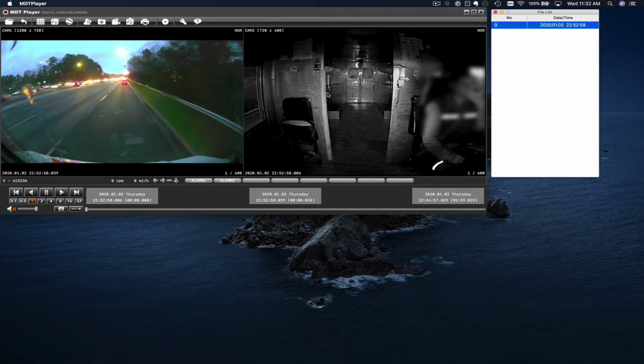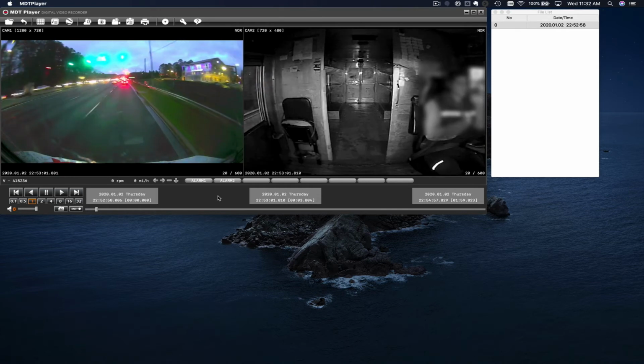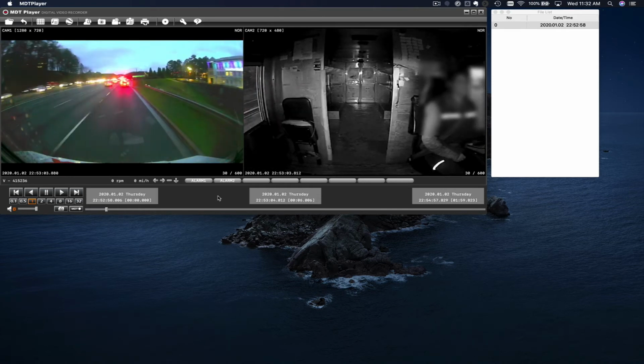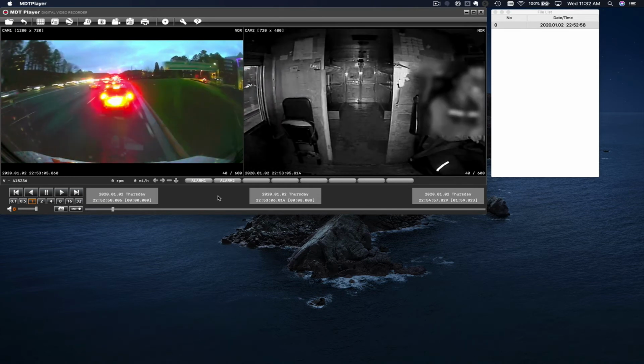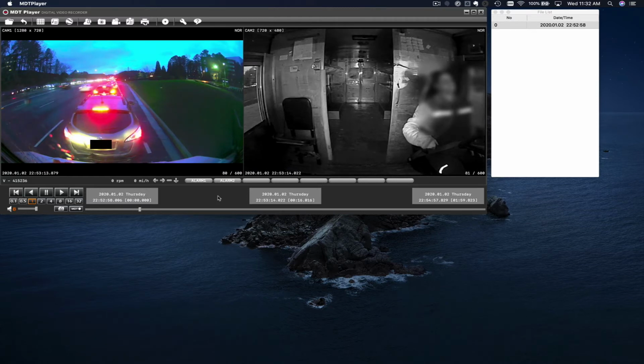So this is the forward facing and then the driver facing over here. And what's really cool is if I press the play button here, that they play simultaneously. So in this case, this is a driver who wasn't paying attention. She's actually on the phone, and all of a sudden, bam, comes up and slams into the car in front of her. Now, in this case, fortunately, there were no injuries,